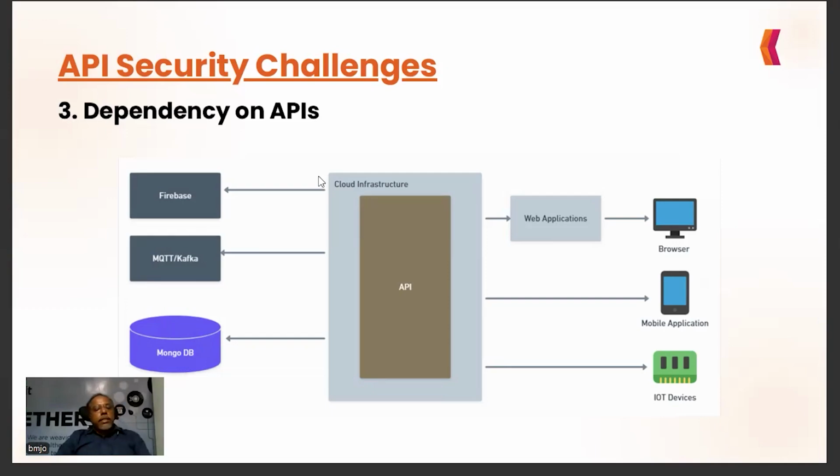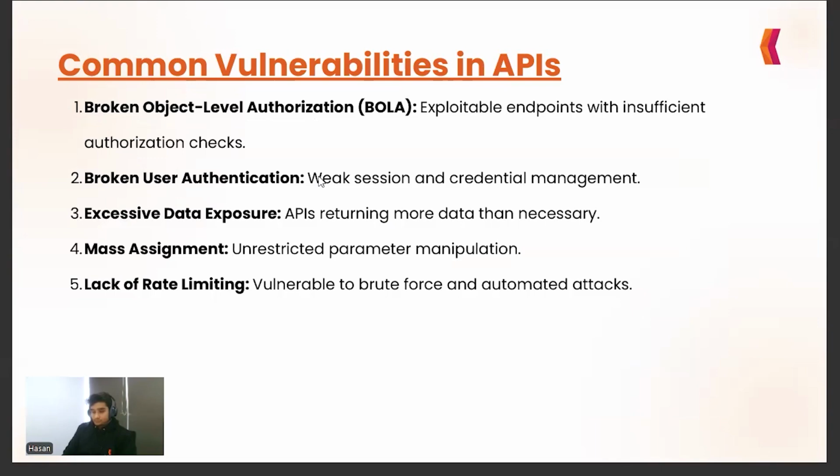So it is very important when we are designing an application today to make sure that the API backbone is completely secure, and also that the other APIs which we are consuming are safe. As Hassan said, there is a drastic increase in the exposure of these vulnerabilities. So as application developers, we have to make sure that the API, which is the backbone of today's application, is secure. And in the next slide, I put some of the common vulnerabilities.